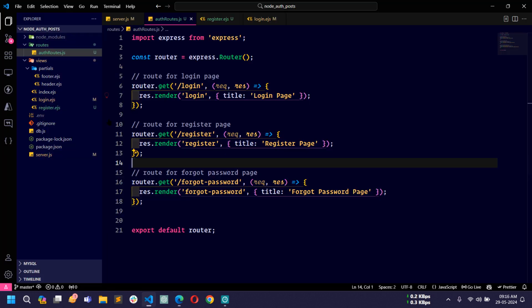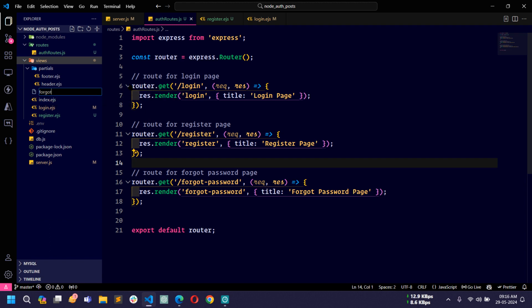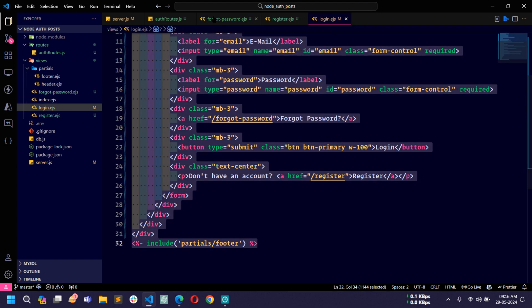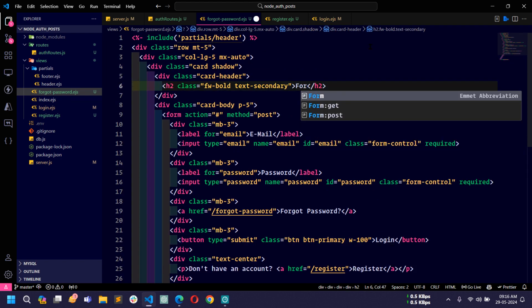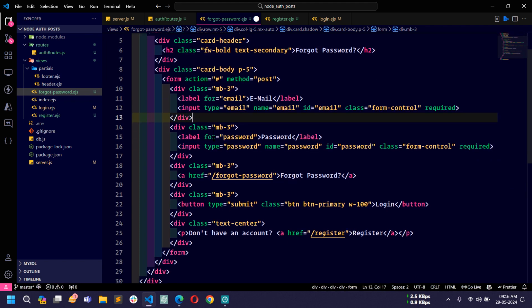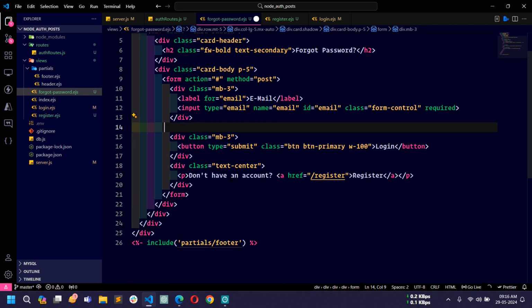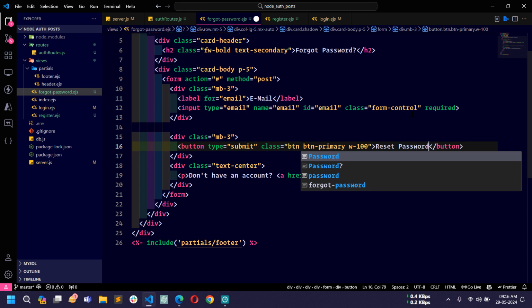Okay, if I save this, then it is giving error that there is no view found with the name forgot password in views directory. So let me create a view for forgot password page. So here I will write forgot-password.ejs. Okay, now inside this file, let me go to login.ejs file and select all the code and copy and paste here. Okay, now here just change this heading to forgot password, and then I will only keep one field, that is email, and I will remove these. So let's remove all, and here in button I will change the text to reset password,